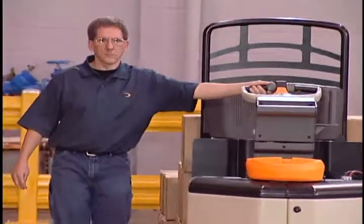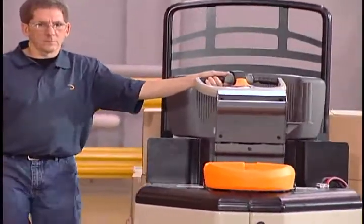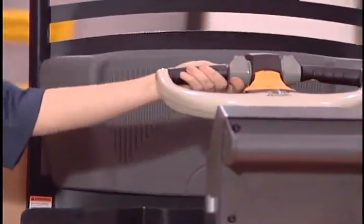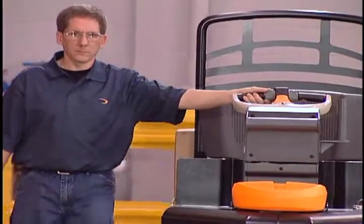Steer angle is limited when the operator is off the platform. You should steer only enough to keep the truck traveling straight. If you attempt to pull the steer handle,